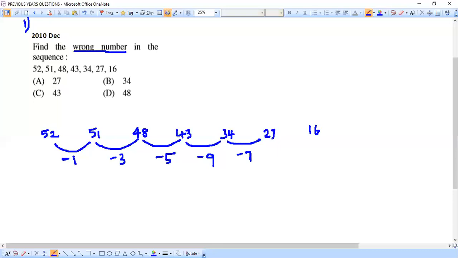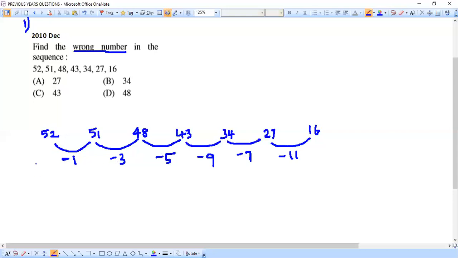I'm just placing it. And finally 27 to 16 they are doing. So here we need to do what? We need to do minus 11, is it or not? Yeah, finished. So we have just made the differences. So this is how we are getting the differences, right? So see the pattern that is followed here. I'm getting minus 1, minus 3, minus 5, then minus 9, then minus 7, then minus 11. This way it is going.